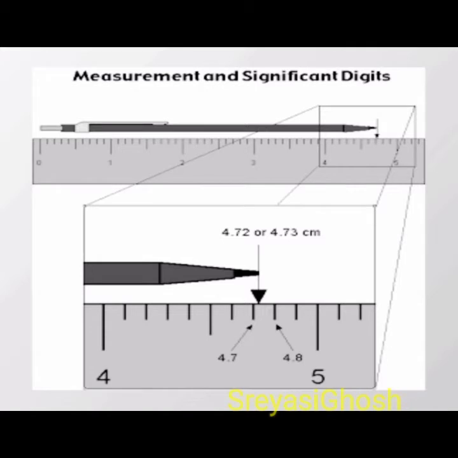Just think that if you have scored marks in a particular examination, say mathematics itself, and the teacher says that you will get any marks between 72 and 73. What will you choose? Definitely 73, not 72 surely. So here, whether you can get 72 or 73 depends upon this significant figure or digit.